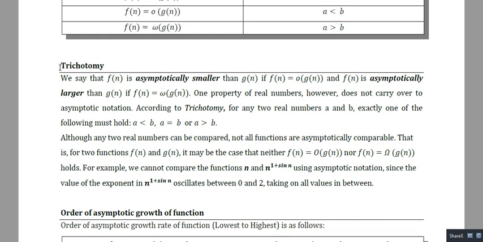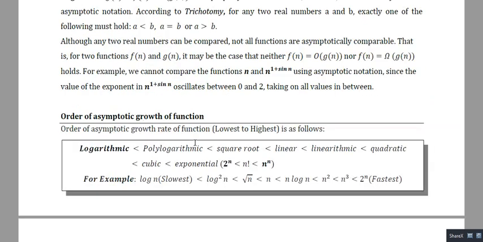This is a very important concept, so you just go through it. If any doubt, you just WhatsApp me. Next is the concept of trichotomy. It says there are certain functions which have no asymptotic upper bound and lower bound. The curves are quite peculiar, so they behave differently. Up to some value they will grow, then after a certain value they will decrease. So you just go through it, and any doubt you just WhatsApp me.